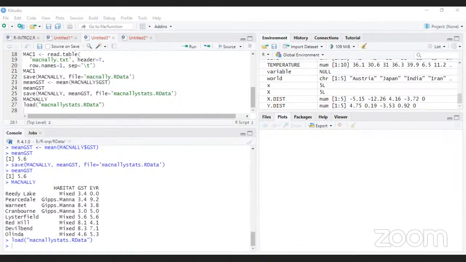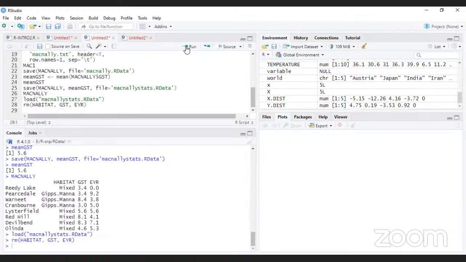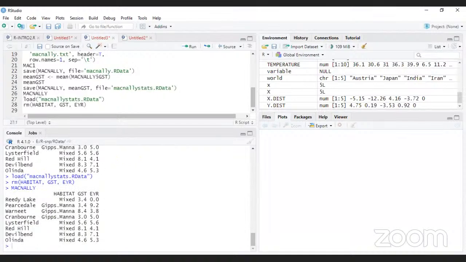Now one more command I will tell you, the rm command. rm means remove. From this particular data set, you are removing habitat, GST and EYR. Three data you are removing. Then you can run it and see what is there. This will be there, but in this particular data set, it will not be there. So GST, if you run it separately,